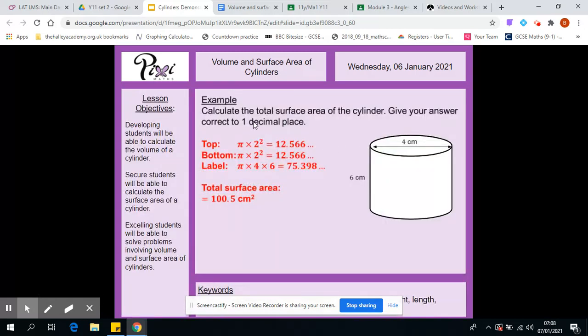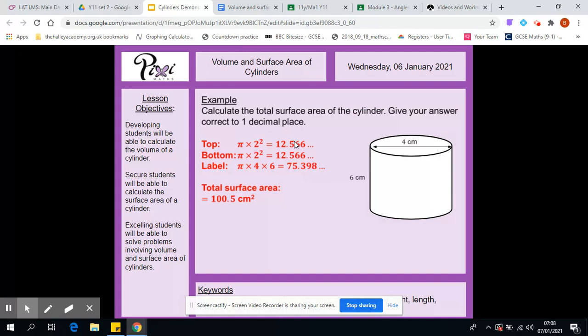Let's look at an example of how to calculate the total surface area of the cylinder. Now, the area of the top face is pi times radius squared. Remember, the diameter is 4 centimeters, hence the radius will be 2 centimeters. In the same way, the bottom face is pi times 2 squared, which gives us 12.566. And the label, or the middle face, has a length of pi times 4, which is pi times diameter, multiplied by its height, which is 6. And that gives us